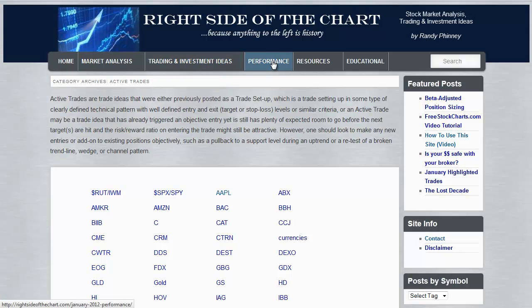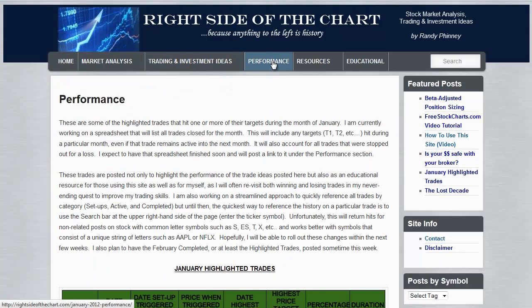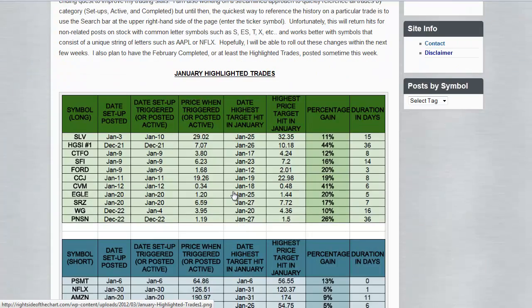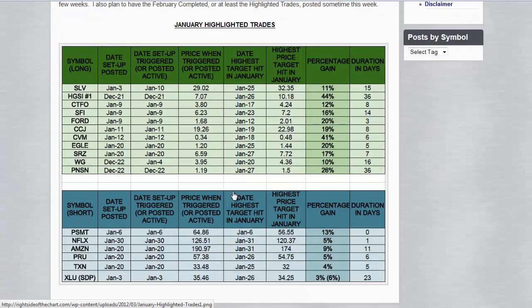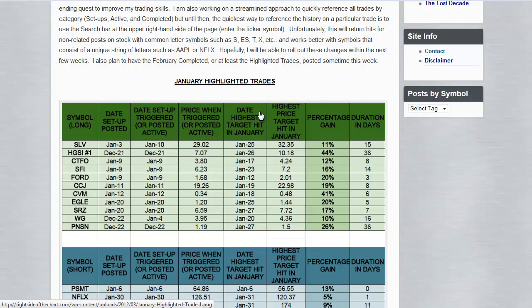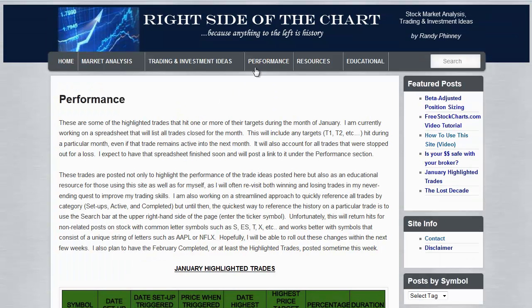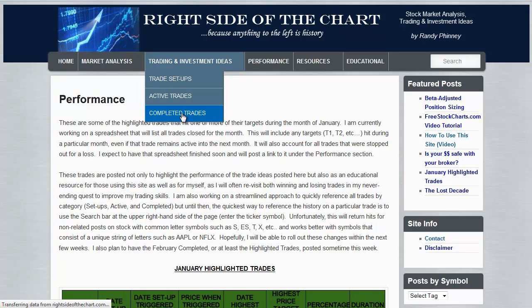Performance, I'll be working on this a little bit more, updating. I do have the spreadsheet completed. I need to plug in the February and March trades, and I'll have that out soon. These are some of the highlighted trades. I'll let you take a look at that. Until those are out there, if you go to the completed trade section,